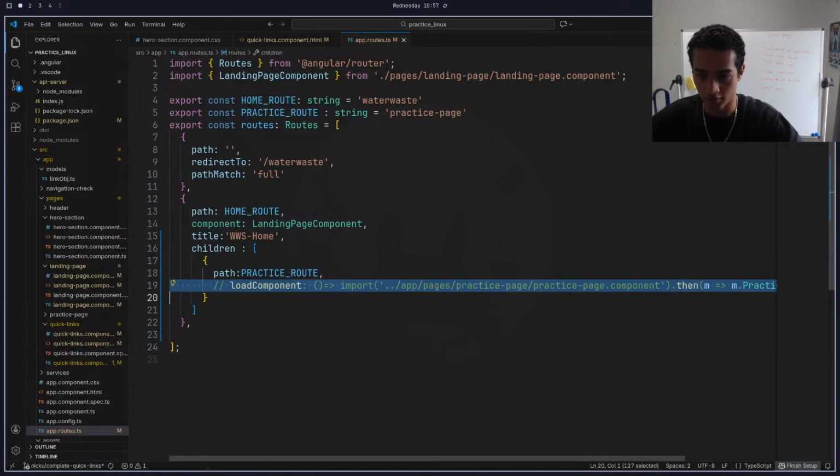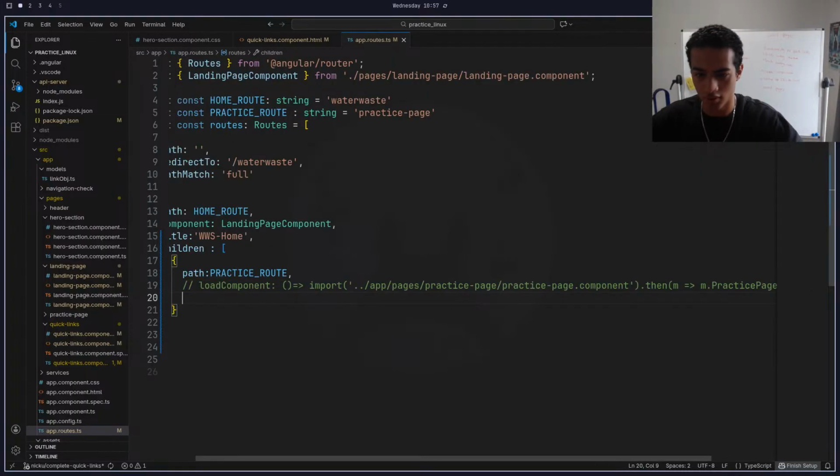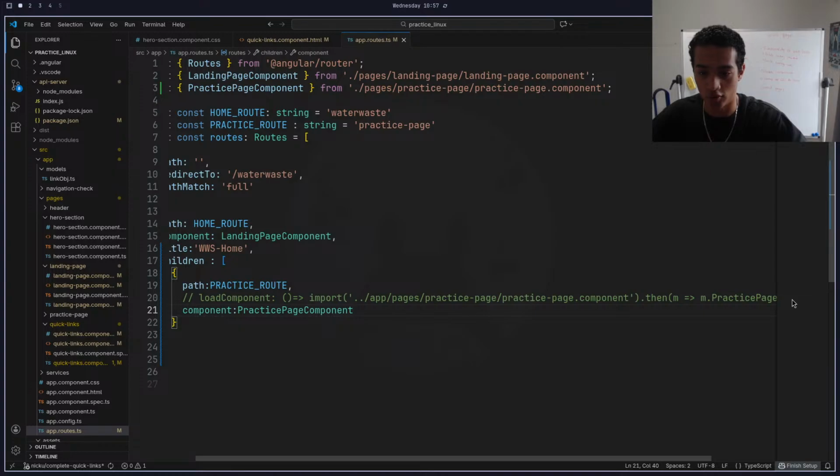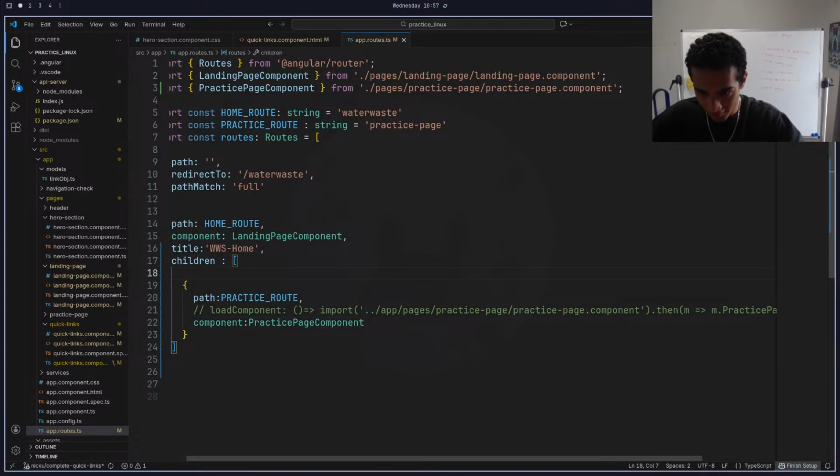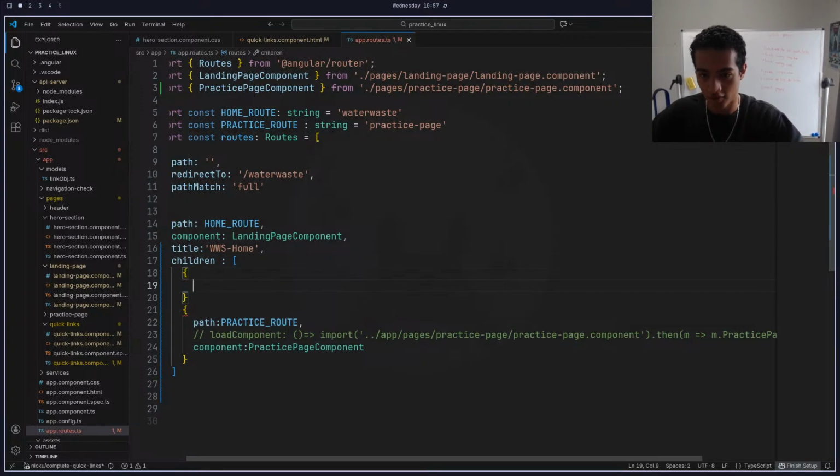Oh, well that's not what I want to do. Comment this out, and I'm actually gonna do just a child component. And oh my gosh, I did it wrong already. It's practice page component. What I feel is my theory. So I'm gonna